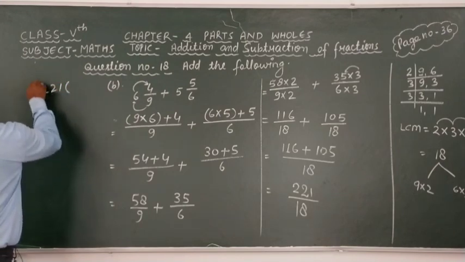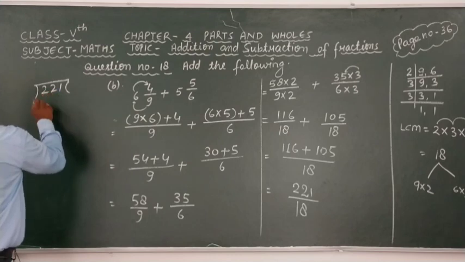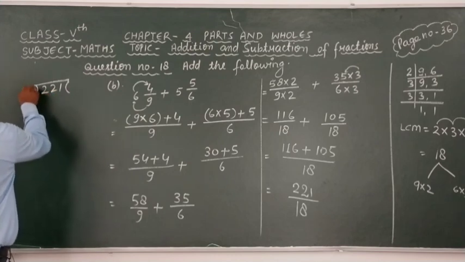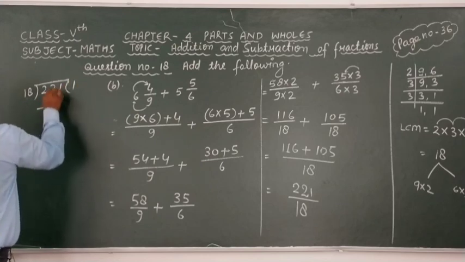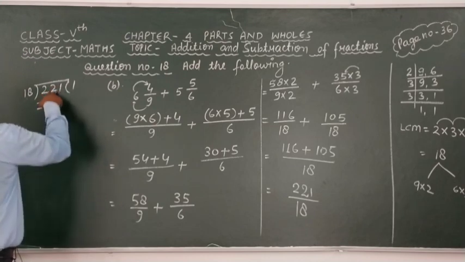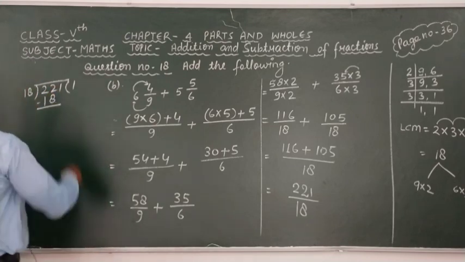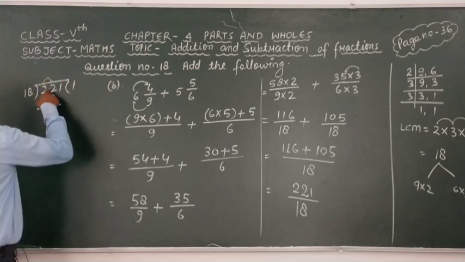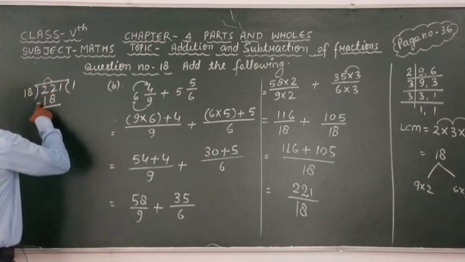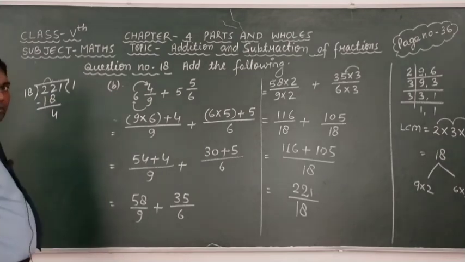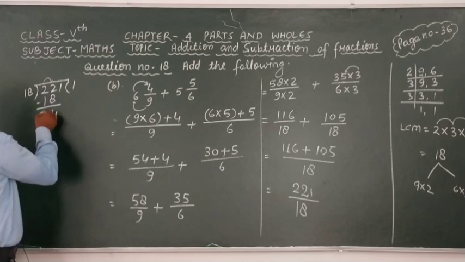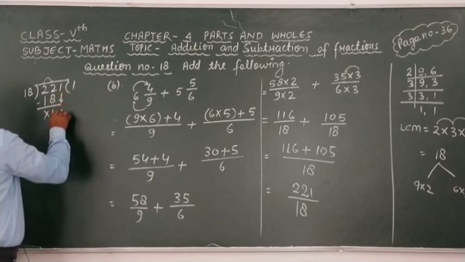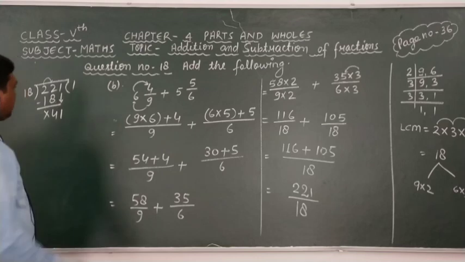Okay, look at here carefully. Here we take the division of 221 by 18. 18 times 1 is 18. Here given that 2, here 8, we know that 2 is less than 8, therefore we borrow one from this 2 and this makes 12, 12 minus 8 is 4. And here we get 1 in place of 2, 1 minus 1 is 0, it cancels out. Here we take 1 as same, 18 times 2 is 36.